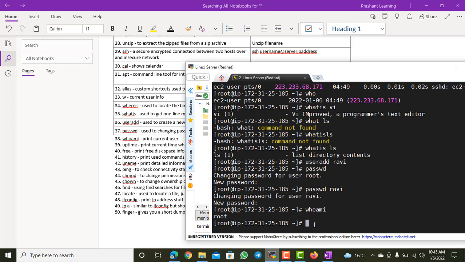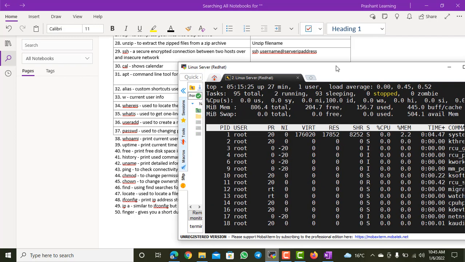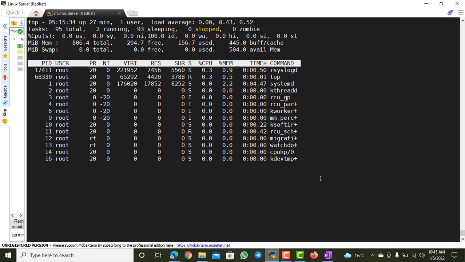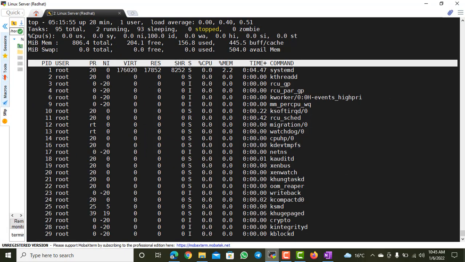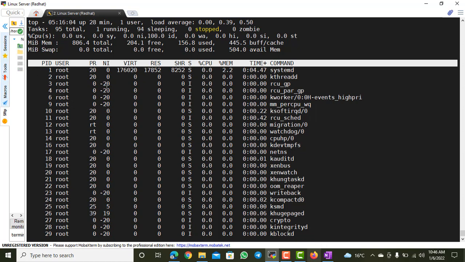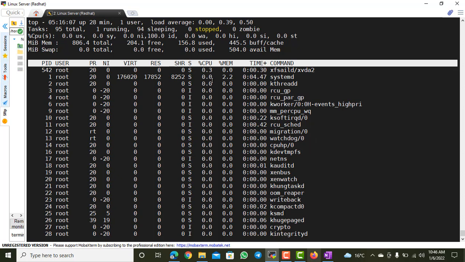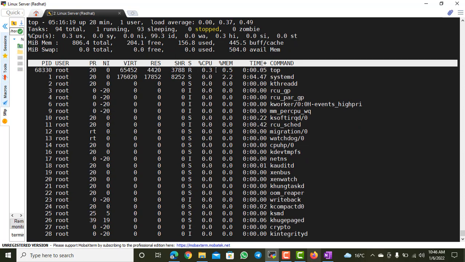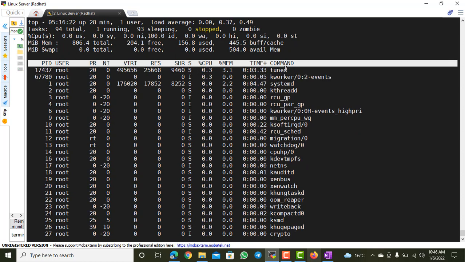Okay, as I told you, top is a very useful command, right? So what you can do, you can see the details of running processes. With the top command, you can see the details like what is the user login, what processes are going on, and as I told, you can kill the process with the process ID. If there is some issue, you can see how much CPU utilization is being taken by one task. Okay, you can see systemd is not taking much because we don't have any load on this server currently, but you can see that 0.5 memory is taken by the top command.